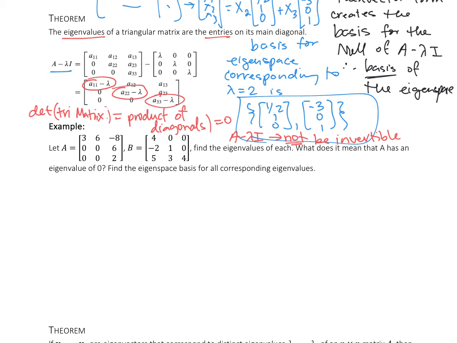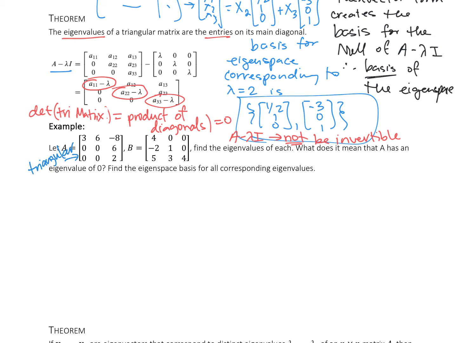Maybe, maybe not. And we're going to talk a little bit about how to find the eigenbasis for each of the corresponding eigenvalues. So in this case, I'm going to have possibly 6 different bases that represent the 6 different eigenspaces that I might possibly have for these 6 different eigenvalues for these 2 different matrices. Say that 6 times fast. So we'll focus on A first, and then we'll focus on B. All right, so for A, because this is triangular,